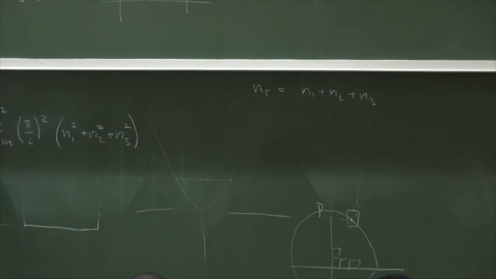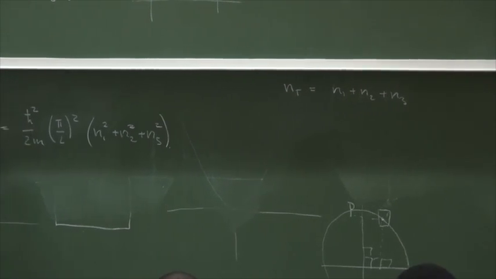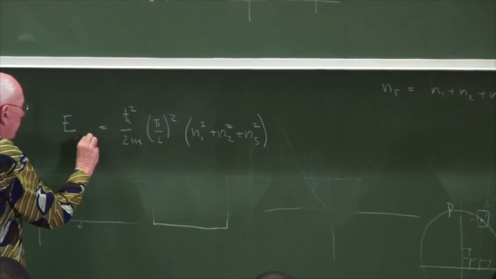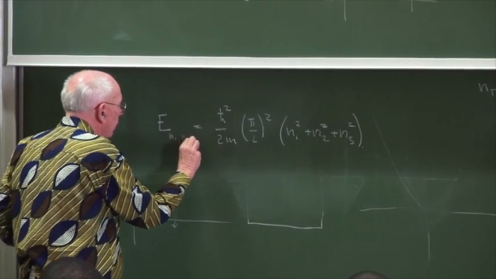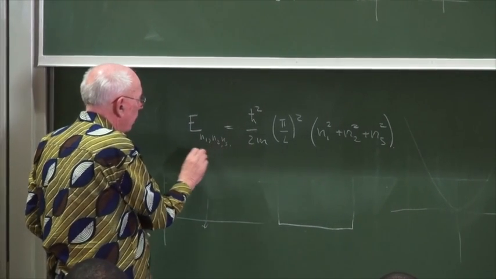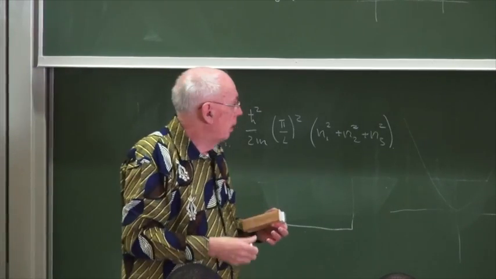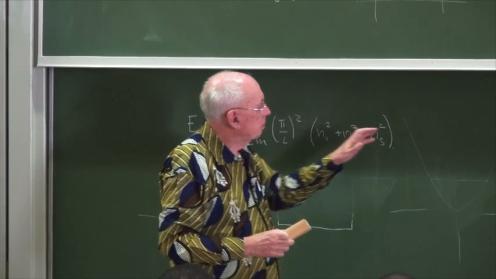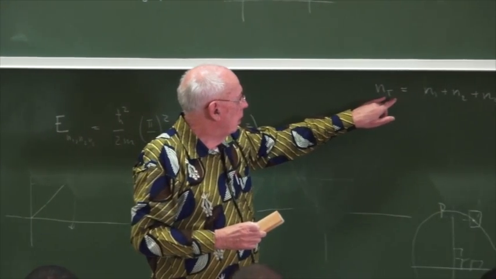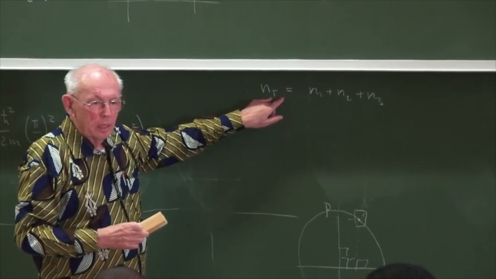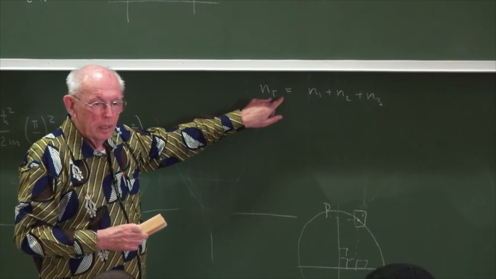Sorry, this is maybe not the right way to write it. I write E as a function of n1, n2, and n3. And so a number of these states will have the same energy. Okay? And so the question is,